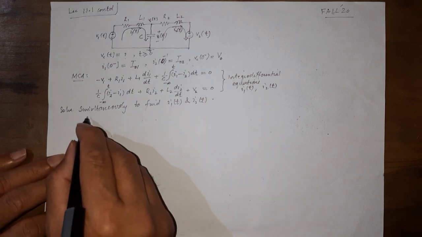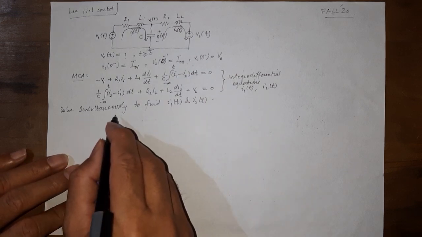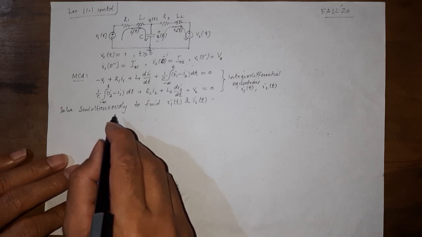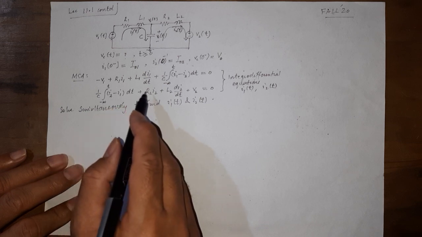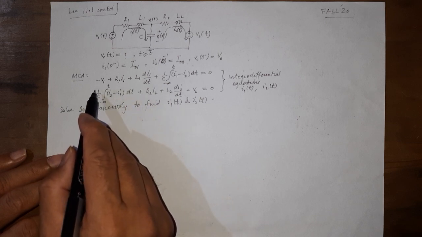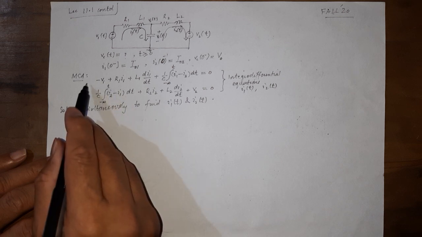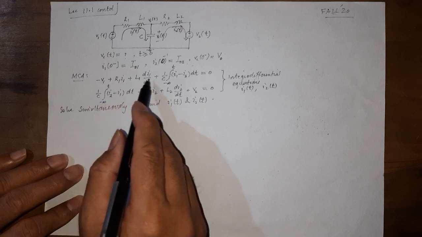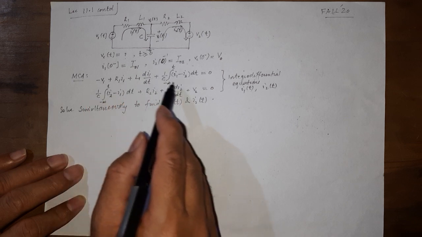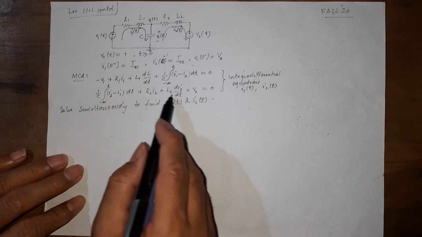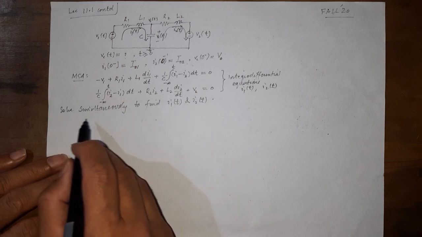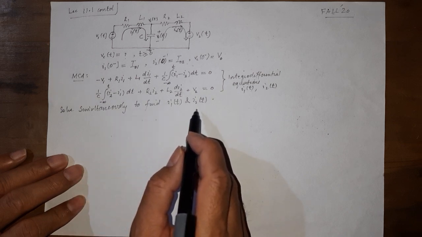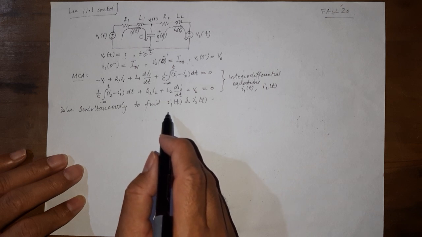Can we do this? Can you do this? With whatever you know, you have been through the course differential equations. Can you solve two simultaneous second order differential equations? If we take the derivative of this equation, we can convert this to a second order differential equation in I1 and I2, and this one again as well. So can you solve two differential equations simultaneously and find this? Even if you think you can, it's going to be really, really cumbersome.